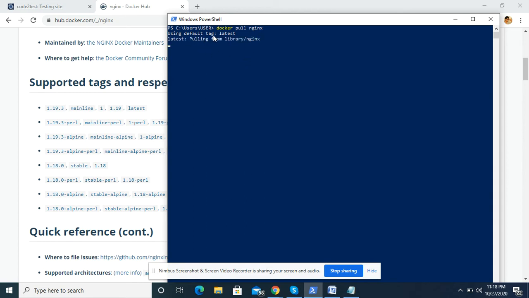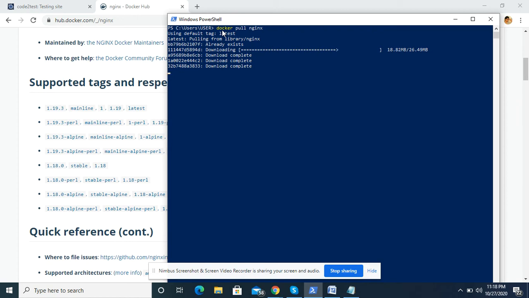You see that it tried to pull all the nginx libraries. It has started downloading, and it will keep on downloading all the packages and libraries till it's completed. When we don't define any version, it will take the latest one. For the latest, we don't have to define anything if we are not specific about the version number. So we generally just do docker pull nginx, and it will take the latest one.